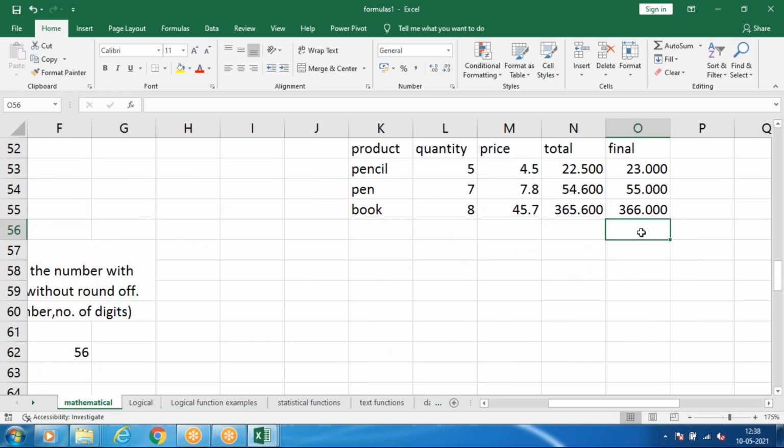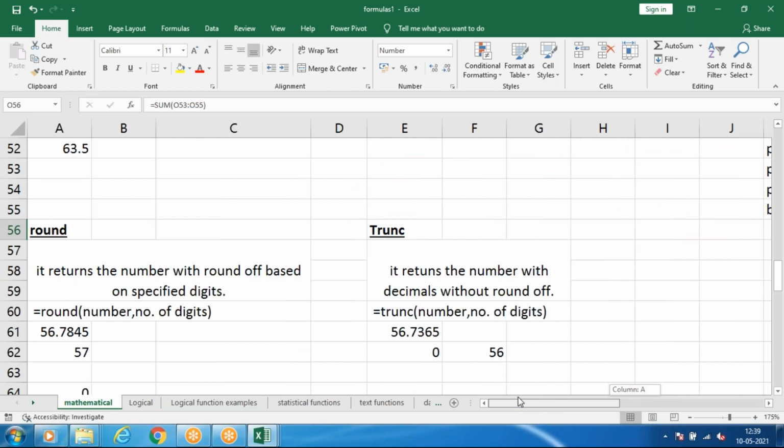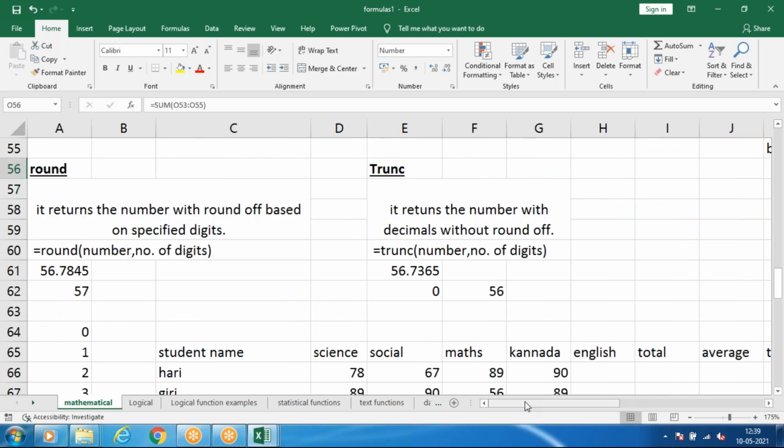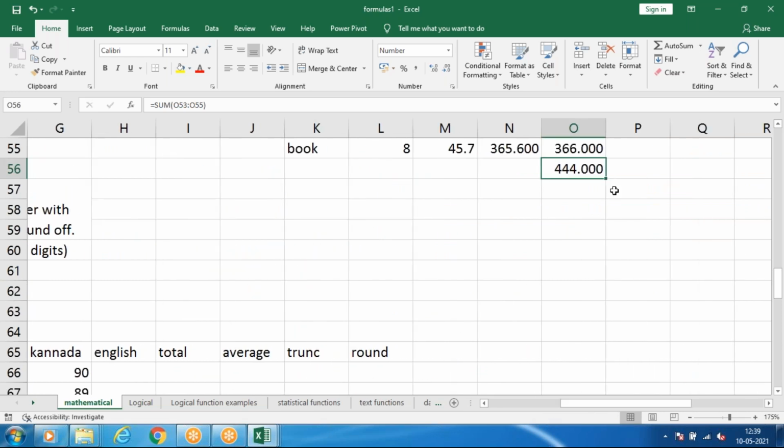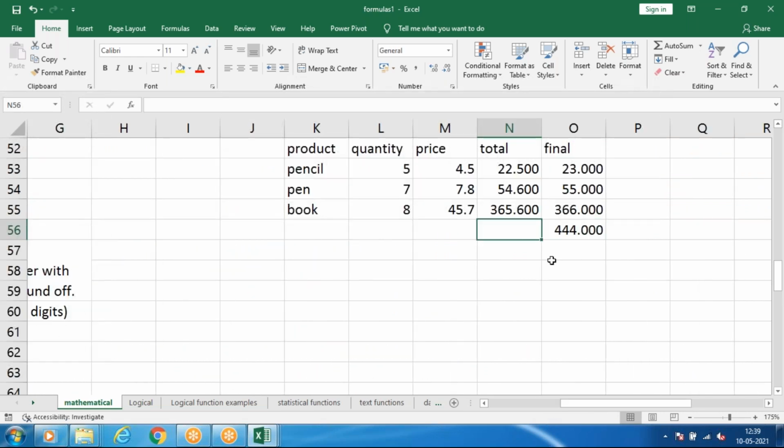Then we can find the total. Alt equals. We'll see how much the total difference is. Alt equals, enter.